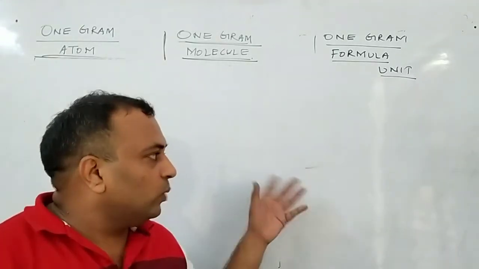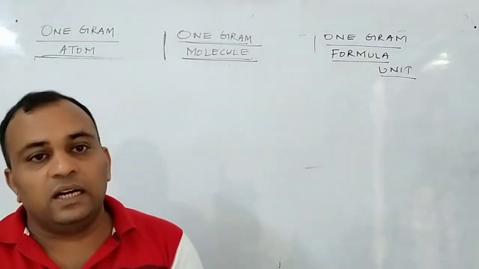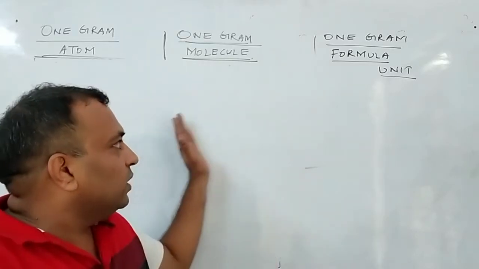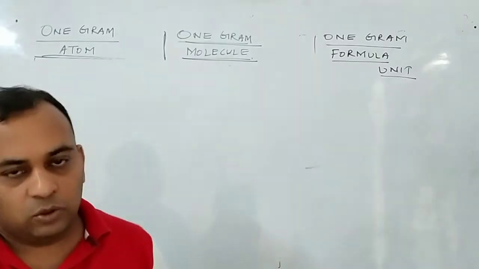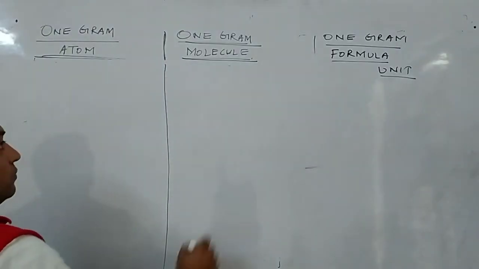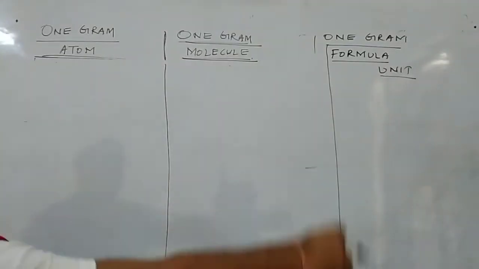And listen, we do not do any numericals here, because the numericals we will do in mole concept. This is only for the understanding, because in the MCQs and assertion-reason questions, you should be able to understand these terms, from where you will get the questions. So just see now these three terms. I'll make three columns because this is comparative data. We have to understand it in a comparative way.